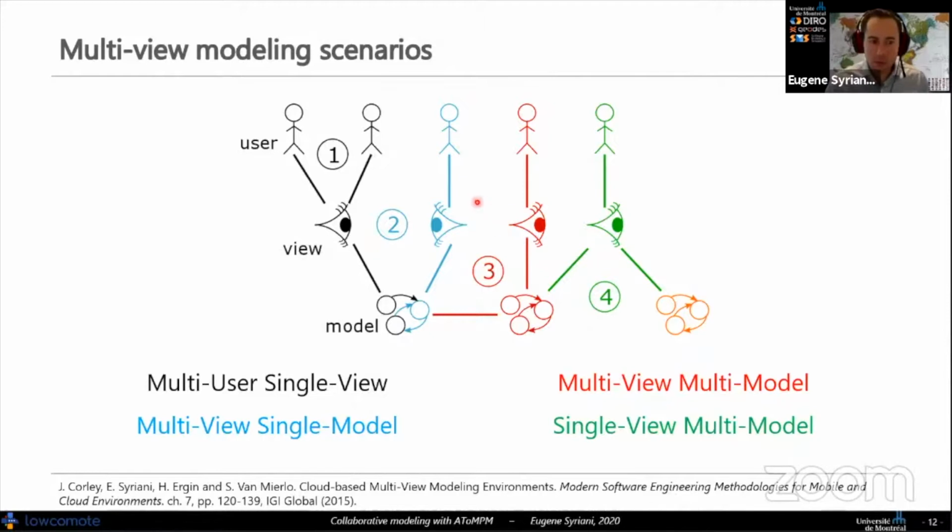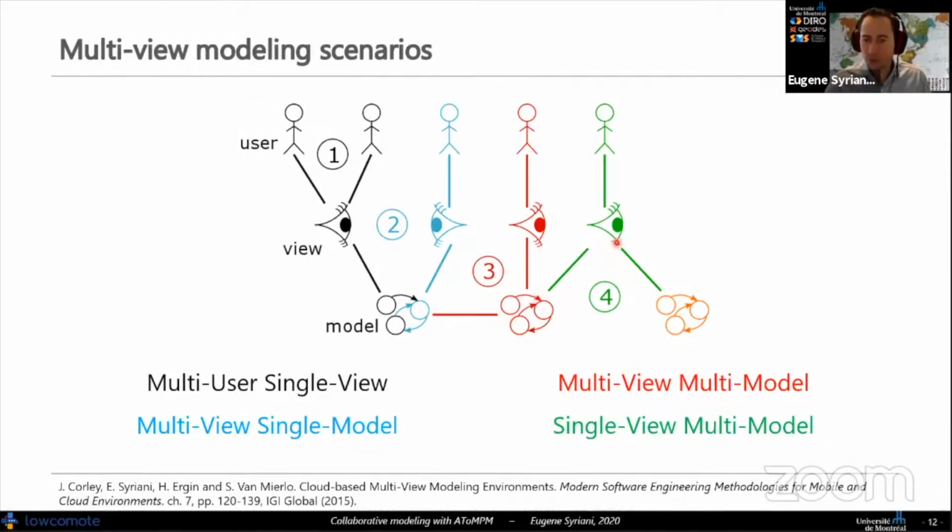So the first one is when 2 users are working exactly on the same view, simultaneously projecting a model, part of a model. The second one is when we have 2 users working on different views, but of exactly the same model. The third one is when we have 2 users each working on a view of distinct models, but there's some kind of link, some kind of consistency link between the 2 models.